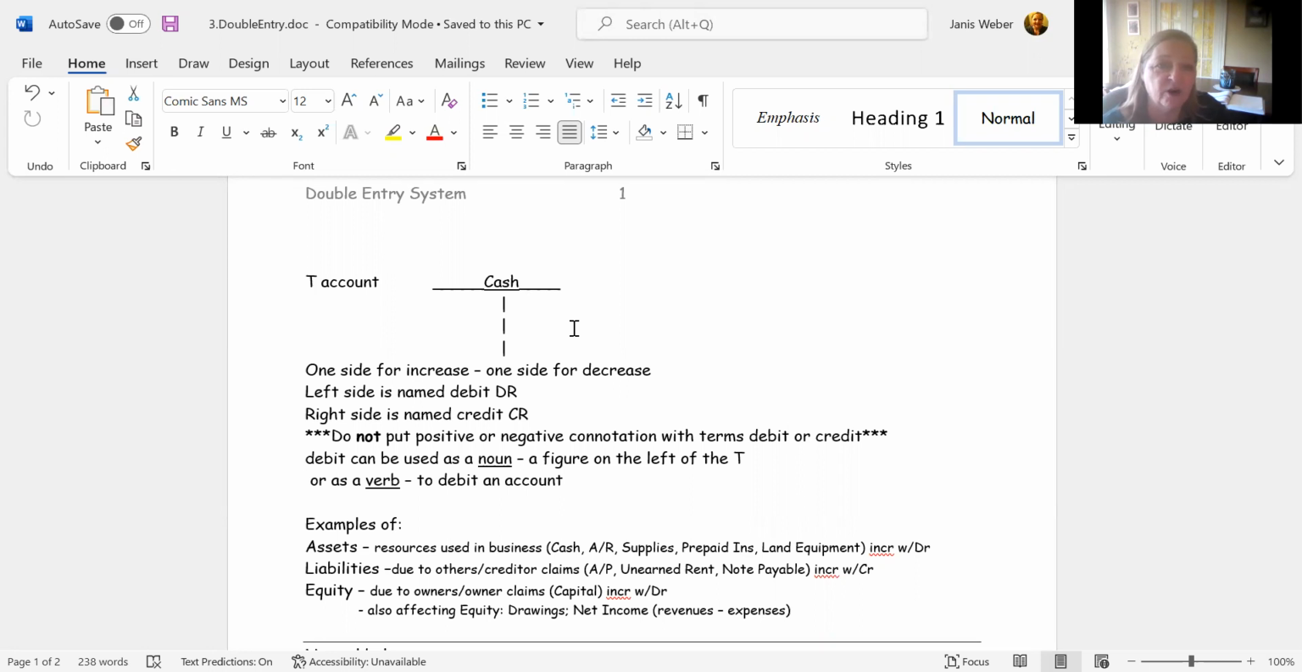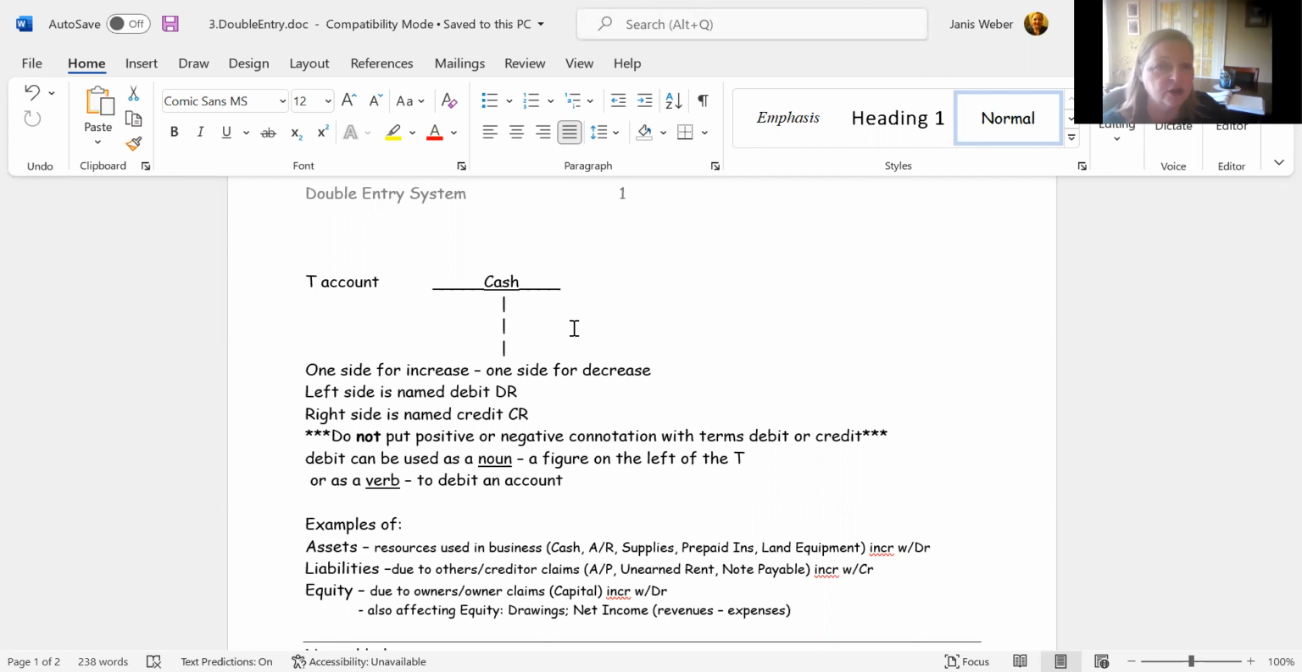And then as you look at different types of accounts, some accounts increase with a debit and some accounts increase with a credit. That's a lot of what we're trying to gain in this chapter. We're just trying to learn which accounts we track their increases with a debit and which ones with a credit. So you don't need to put a negative or positive thought toward the words debit and credit,